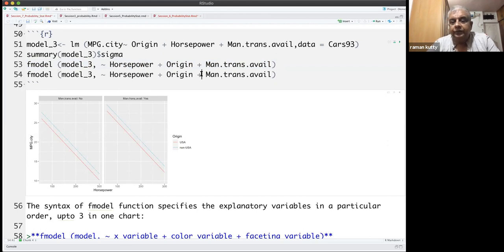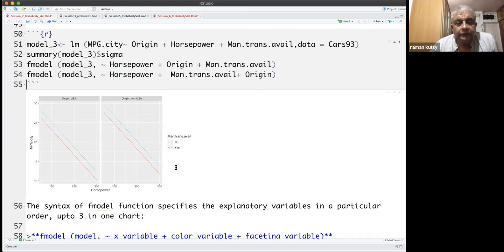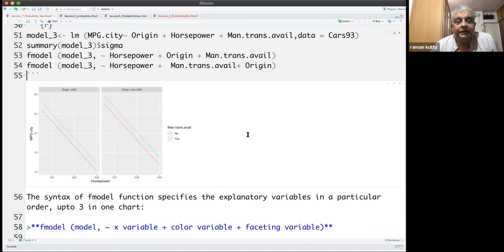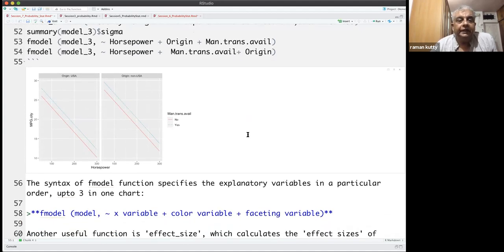So this origin will be put last. As you can see, it is just a reverse. It takes the origin as the faceting variable and man trans avail as the grouping variable. So it's a very simple script which gives us the facility to look at the data and the model in various ways. These are not final graphs or anything.